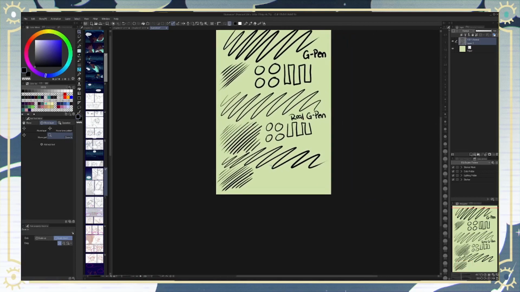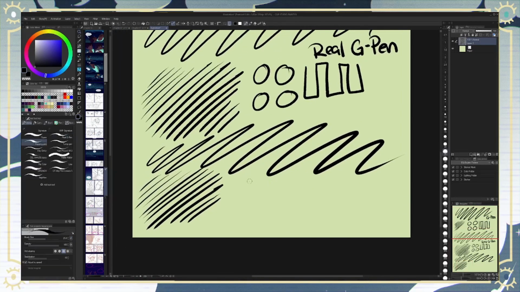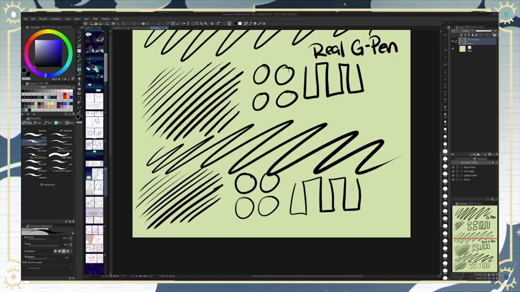Because my tablet doesn't like when you don't use a stabilizer for some reason. But yeah. And you can get a pretty decent variation of